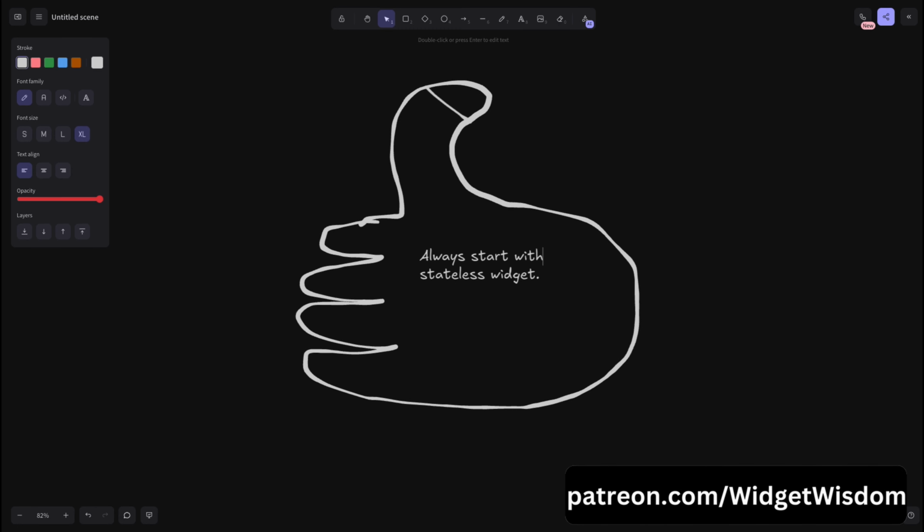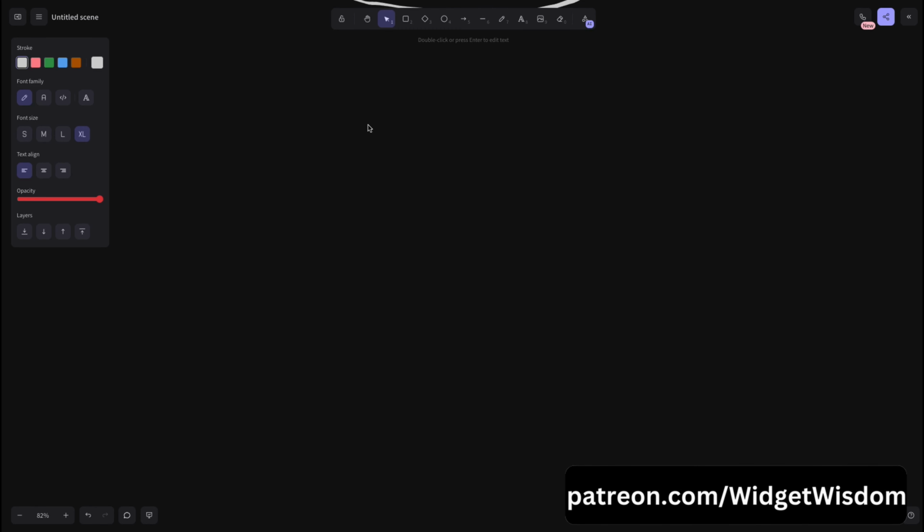Now that we have covered the basics of widgets, now let's talk about state management. This is crucial for building scalable apps. In Flutter, state management refers to how you manage and share state across your widgets. There are two main types of state. First one, we have local state, managed by the widget itself using setState. It's ideal for small apps or specific parts of larger apps. Then we have global state. This is data that needs to be accessed across multiple parts of your app, such as user authentication, themes, or settings.